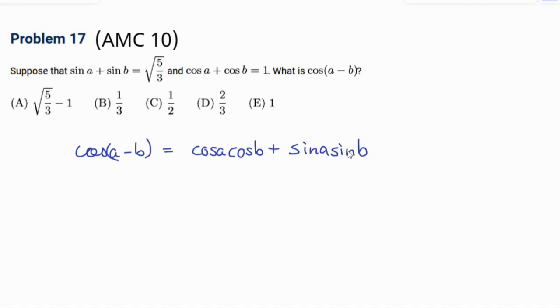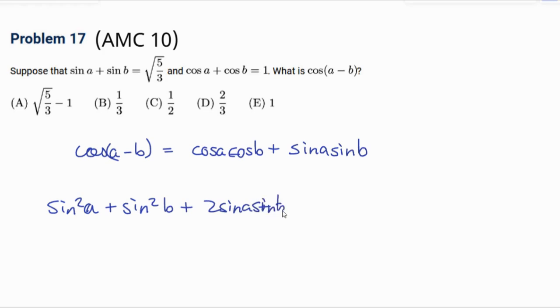Now, we don't really have anything similar to this, but how can we get this? Well, what if we square this? Then we'll get a cosine A cosine B term, right? And if we square this, we'll get a sine A sine B term. So that should be our first step. We should square both of these. So here we get sine squared A plus sine squared B plus 2 sine A sine B